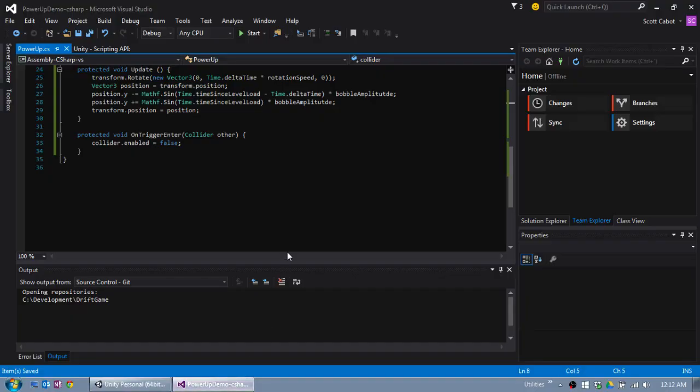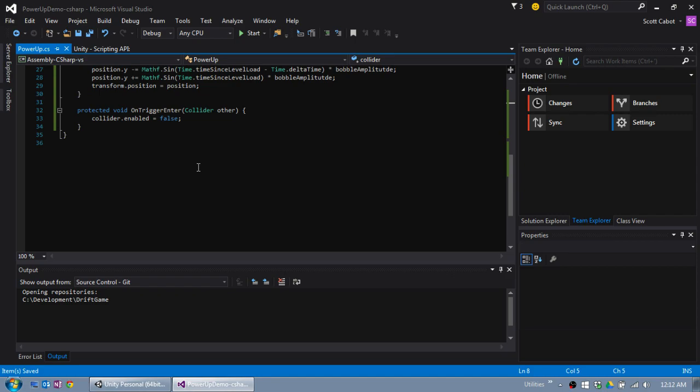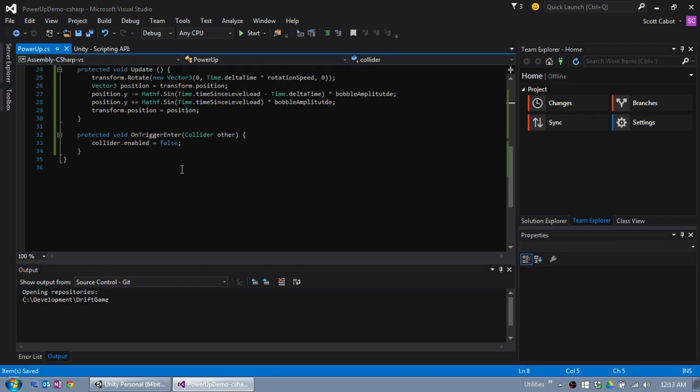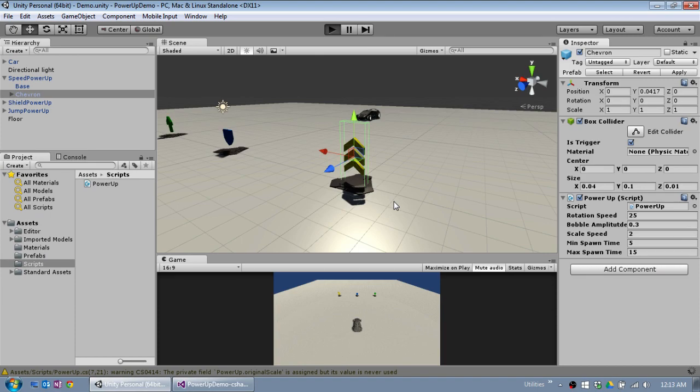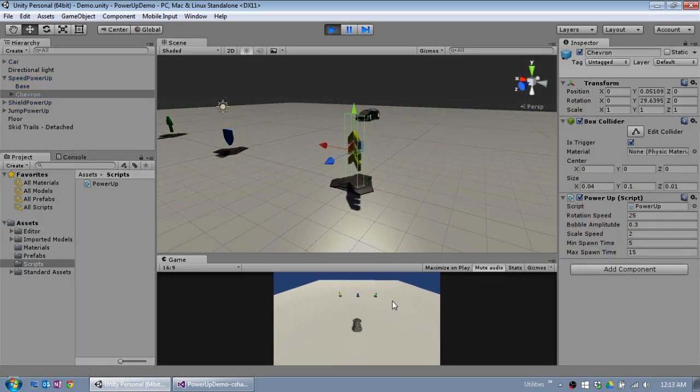That's pretty useful, but we should probably have some sort of visual cue that it's been disabled as well, and there's a heap of ways you could do this. You could change the color of the object, you could delete the object, you could change the image so it's like a big red cross. Maybe that could be sort of cool as well. I just thought, hey, why don't we scale it down? The easy way to fix that would just be transform.localScale equals Vector3.zero. Just take the transform of the object and make it disappear. So when I run into it,